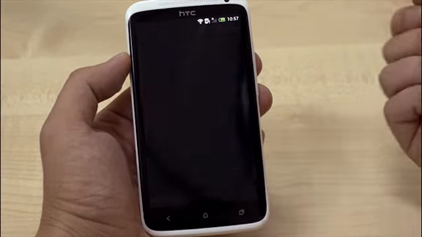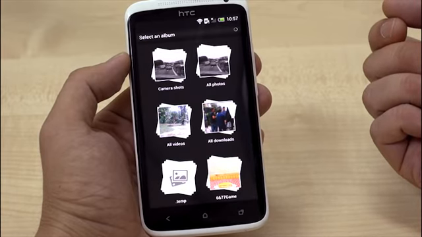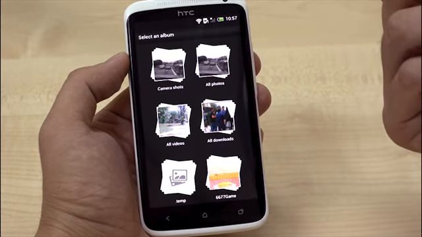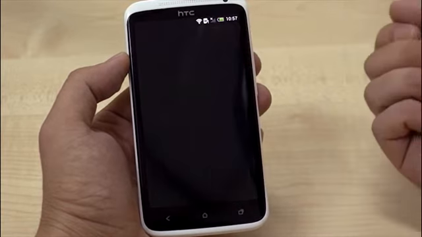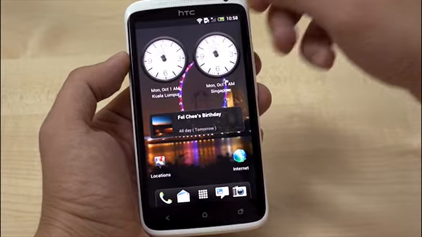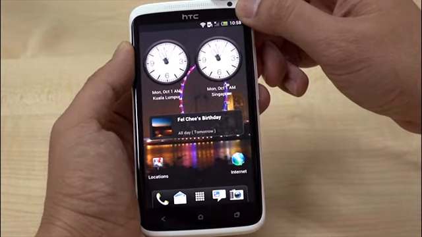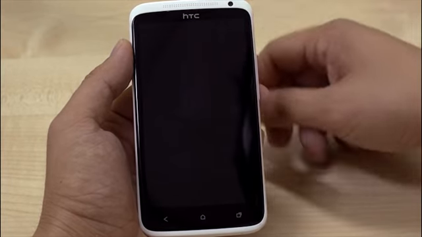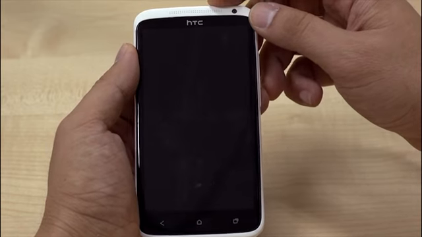Great way to sort of decorate your lock screen. You can select an album. I'm going to select all photos. Right? It's been applied. There's a notification below. So let's go ahead and lock the screen. It's been locked now. If I turn the screen back on,